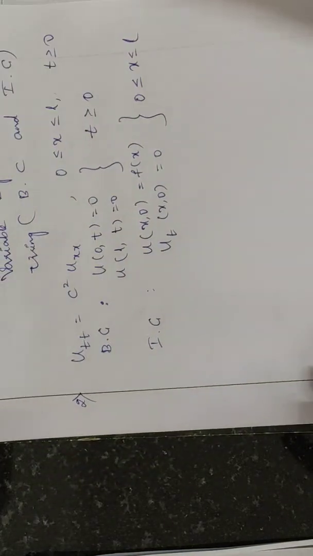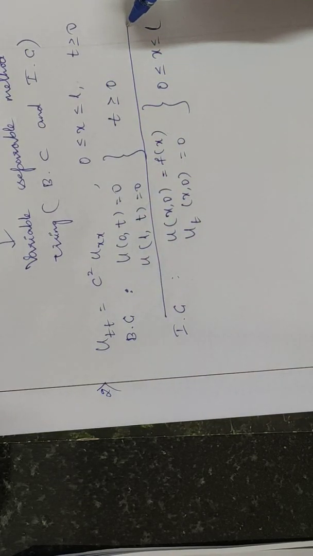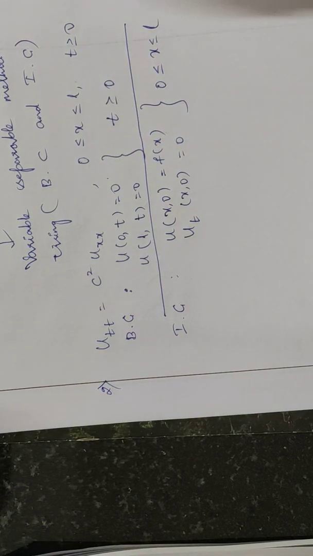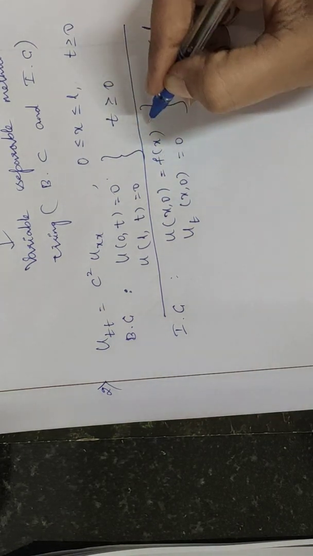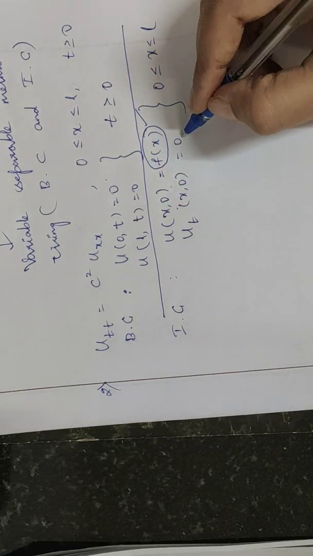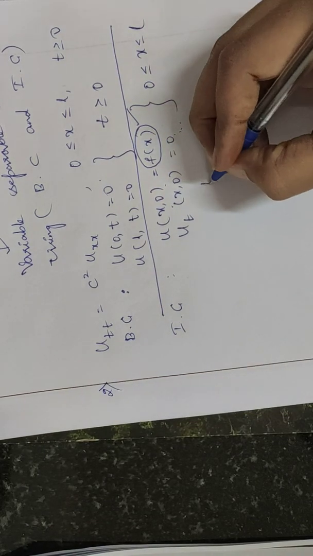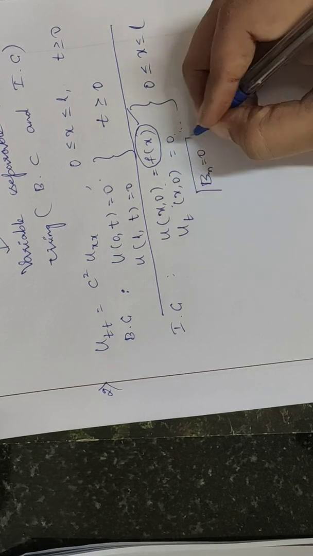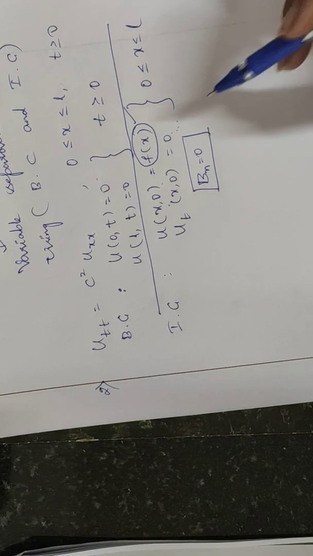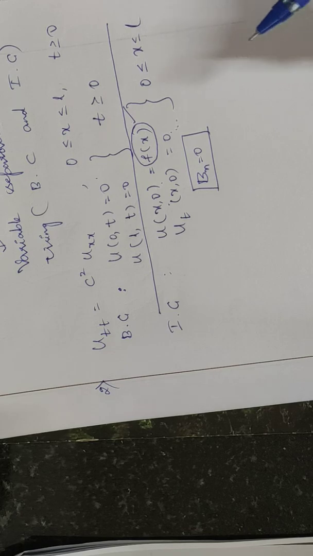You can observe here, until applying the boundary condition the problem will remain the same. There is no change with your boundary condition. But when it comes to initial condition, you have a condition for u of x comma 0, that is f of x, but you don't have g of x. In the place of g of x you have 0 here. That means your bn value will be 0. You will not get a value for bn, you will get it as 0. This is a slight difference from your problem number 1.